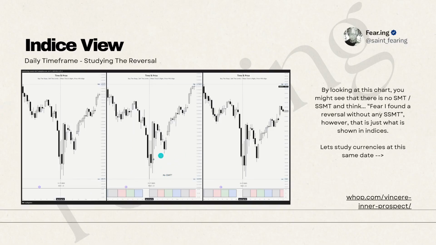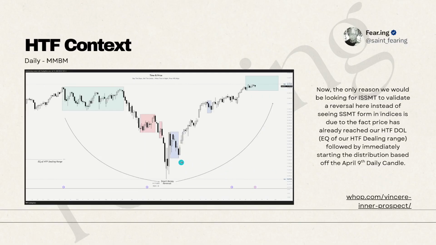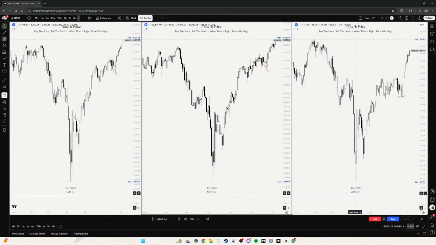That is your intermarket sequential SMT. There is no sequential SMT on indices. There is sequential SMT on currencies. That is your intermarket sequential SMT. Now, higher time frame context. In the sense of overall what we can look at on indices,